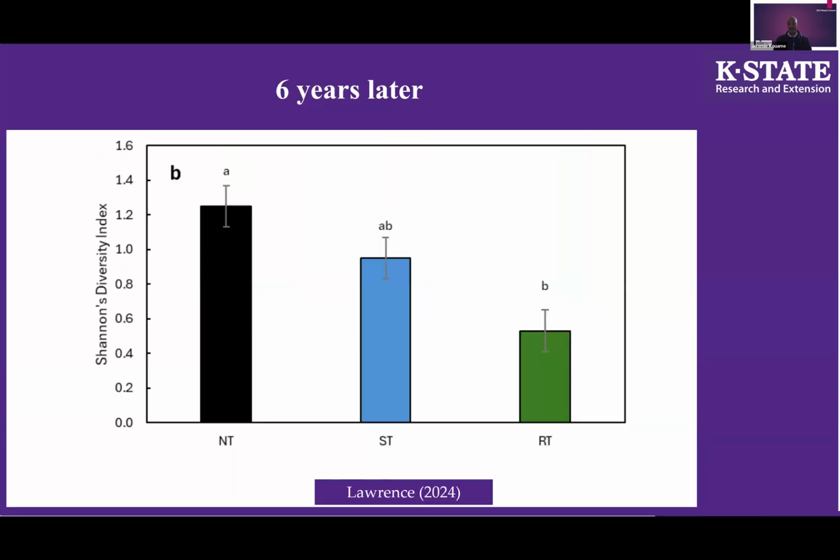Six years after this strategic tillage operation, a grad student of Dr. Obour went out to this field and did some weed counting again to see how the strategic tillage operation about 6 years previously would impact the diversity of weeds at this location. So what she found was